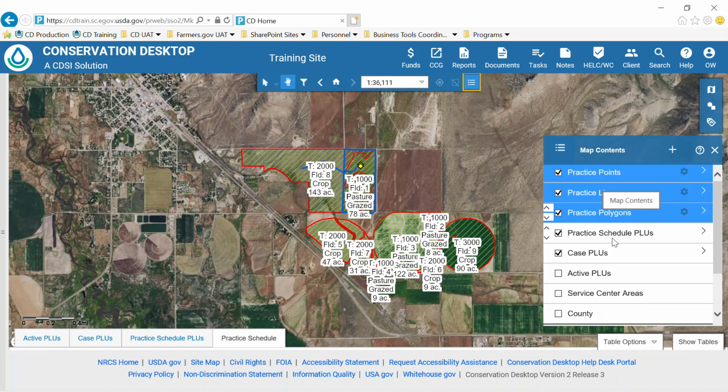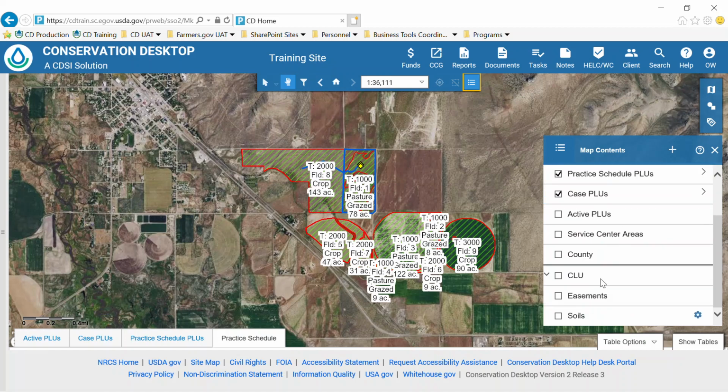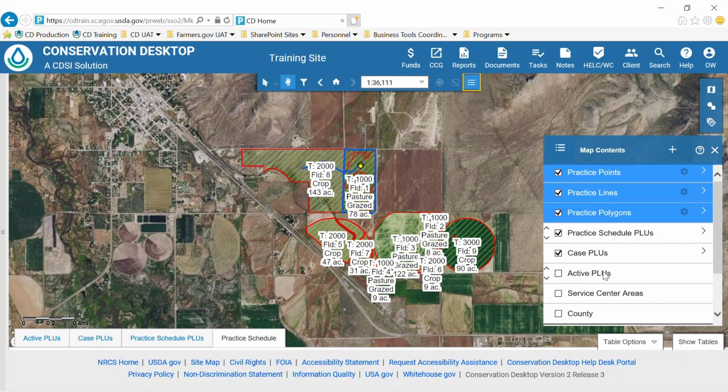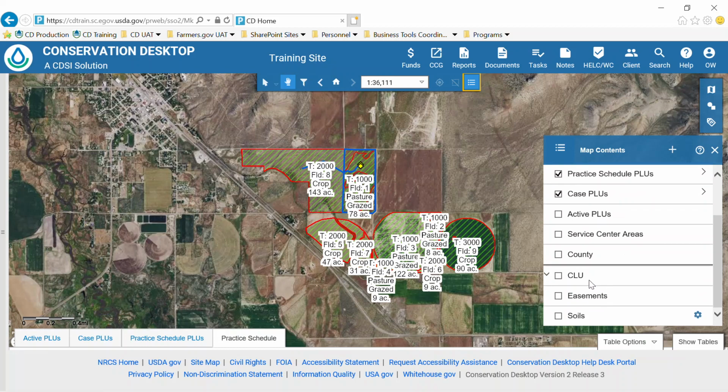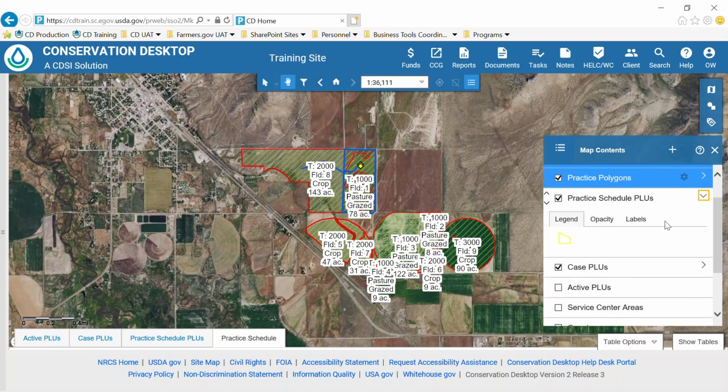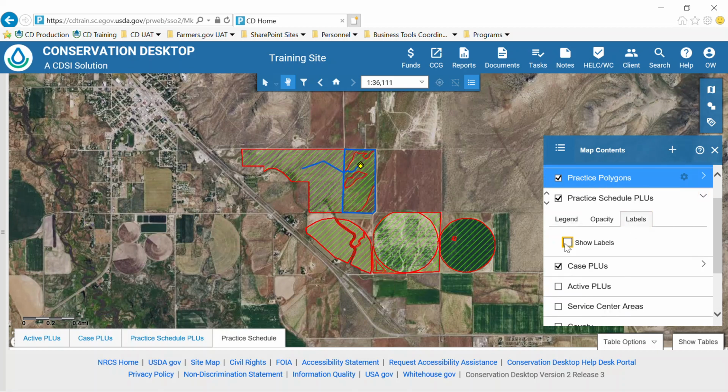This is map content, so this is where we're going to work out our practice layers. Everything above the line, how do I explain that? Everything above the line comes from a feature source, and everything below the line comes from what's being provisioned either nationally or statewide. As you can see, we have the soils layer available now. You can control what layer draws first or last. You can turn on or off practice labels here. We'll get into this